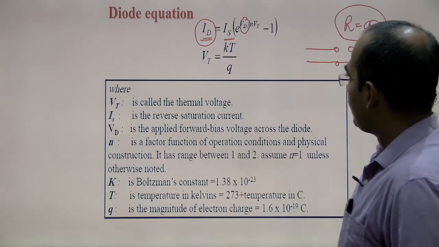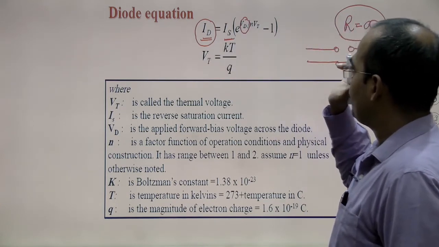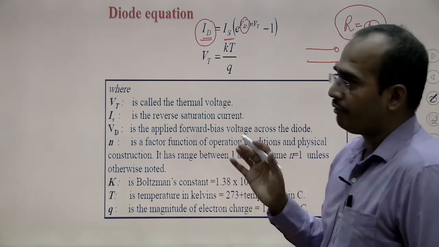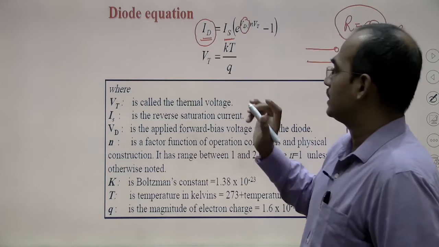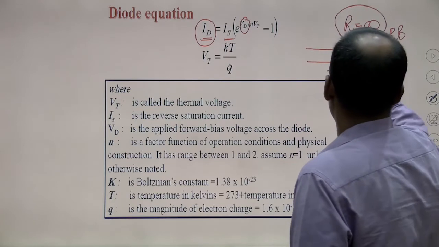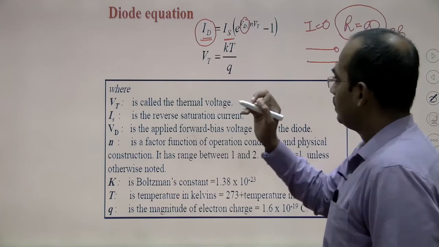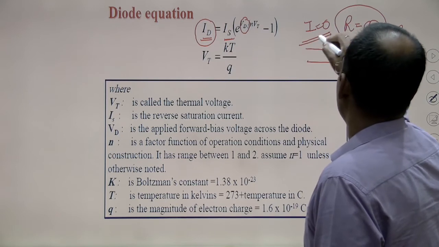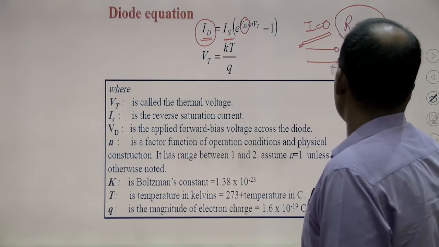So as the forward bias voltage increases, the current flowing through the PN junction diode will increase exponentially. What does it mean? The current will flow only in case of forward bias direction, and it is constituted by majority charge carriers. But in case of reverse saturation current, the majority carrier current is 0. So no need to discuss the minority current flowing in the diode in case of reverse bias condition. I will discuss only the current flowing in the diode in case of forward bias condition.